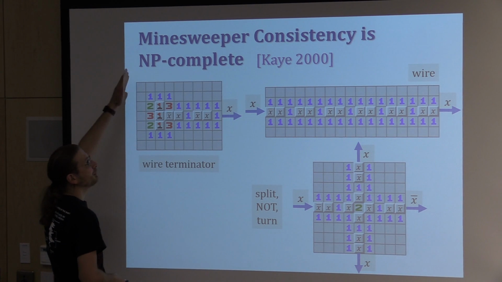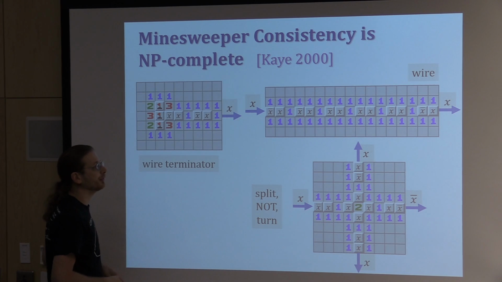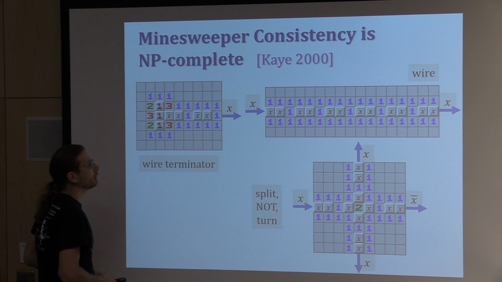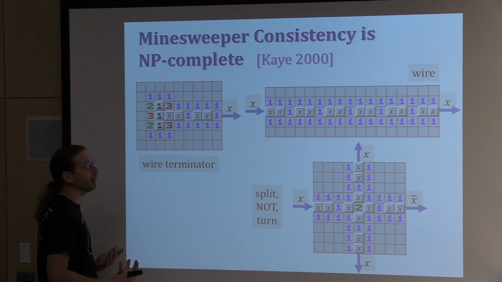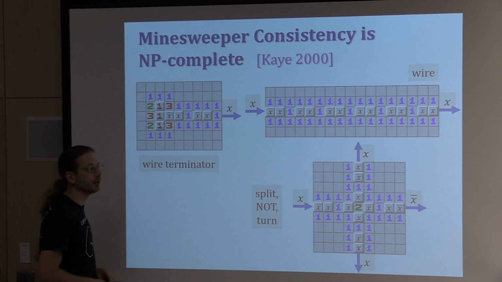And so the Minesweeper consistency problem is I give you some picture involving these things, and I want to know, is there a solution, is there a placement of the bombs that satisfies all of these constraints? Okay, now